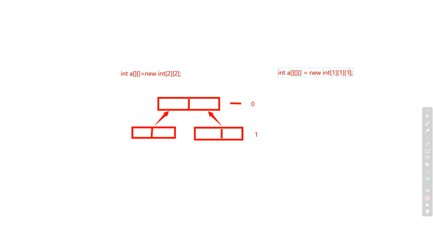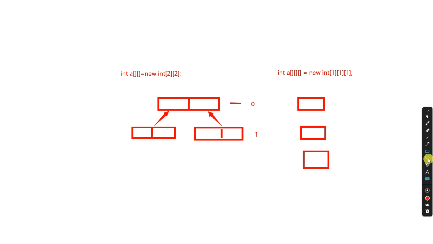It's a three dimensional. My array size is 1 1. Okay, in that case, how does it look? It will be like this. This is pointing to here. This is pointing to here. This will be 0, 1,